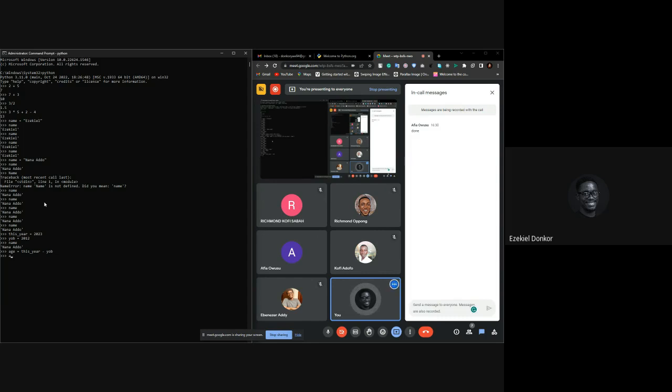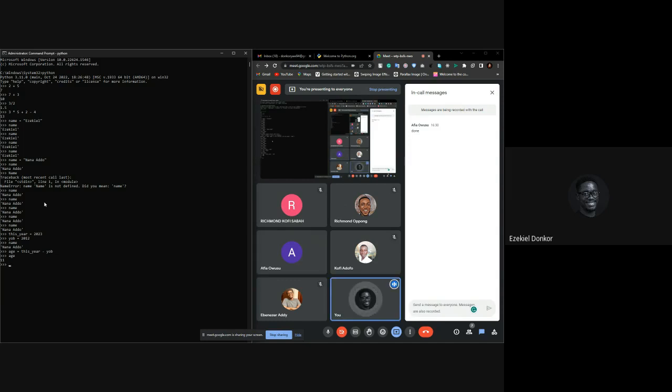So now, if you type age, if everything worked right, what is stored in this year is 2023. What is stored in year of birth is whichever year of birth you decided to use, which in my case is 2012, and you hit enter. It should give you the difference between 2023 and 2012, which is 11 years. It's not working for me.